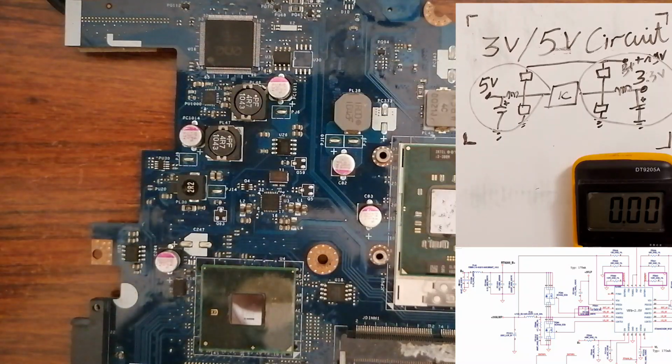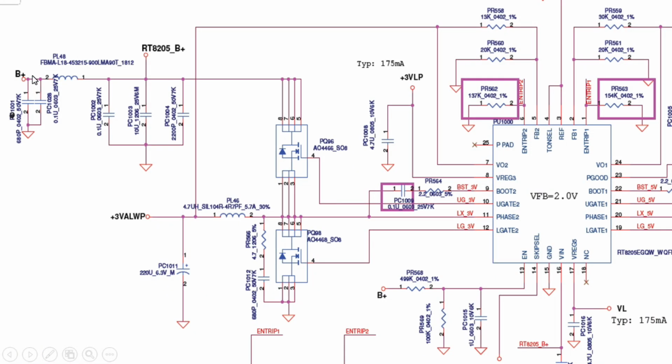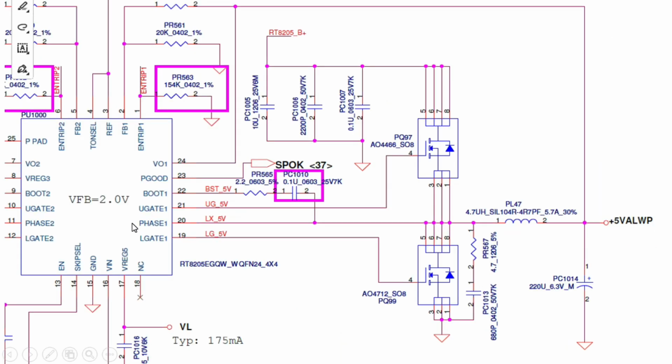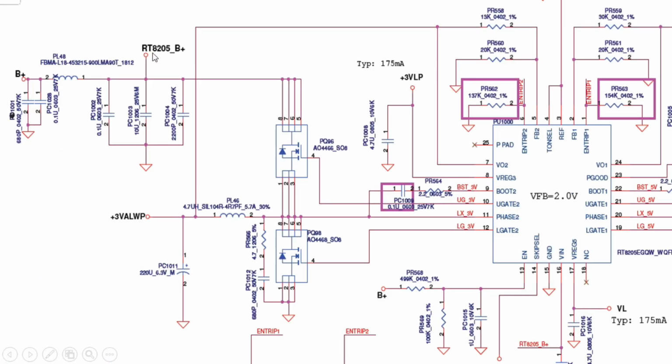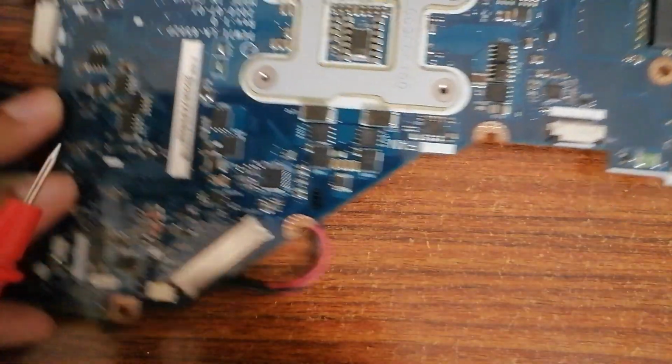To the same channel means if you have any problem here, if 19 volts is absent, you will not get plus 3 volts, neither 5 volts. Why? Because they have the same B plus. As you can see, the reference is RT8205. Here also we have RT8205. So in order to troubleshoot the plus 5 volt, 3 volt channel, you should always look for this kind of